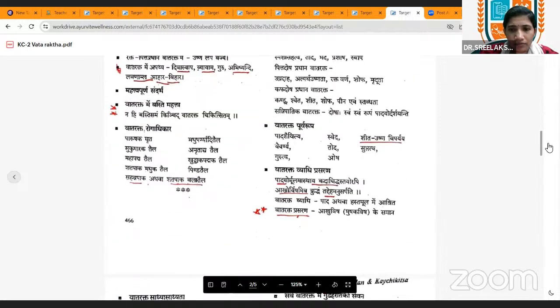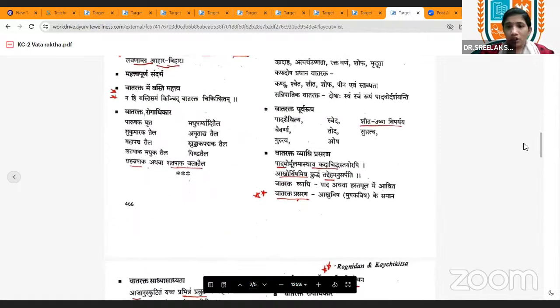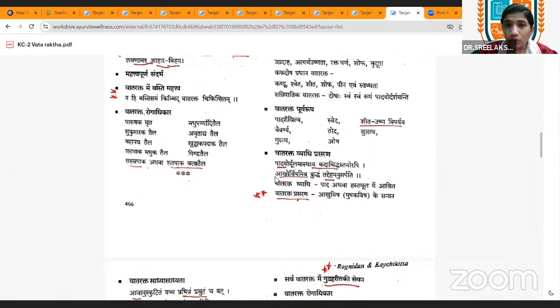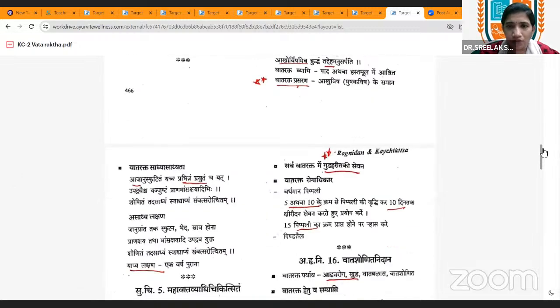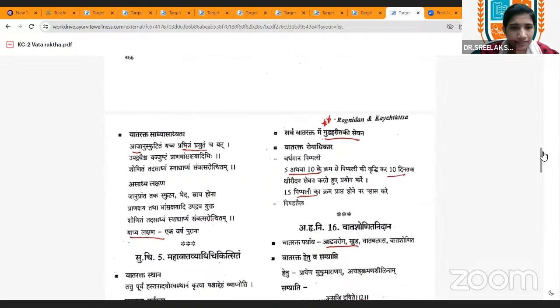Then Vyadi Prasarana of Vadarekta. That is very important. That is Padayor Moolamastaya Kadajit Hastyorabi. That is, first, these symptoms can occur in the small joints, especially of the upper and lower limbs. Okay, hand and foot. Mainly it occurs in these parts. Okay, that is the classical symptom of this Vadarekta. And its spreading is similar to Aghu Visha Saman. Okay. And its Purvaruba is similar to which disease? Pushta. Okay. These are frequently asked in entrance examinations.